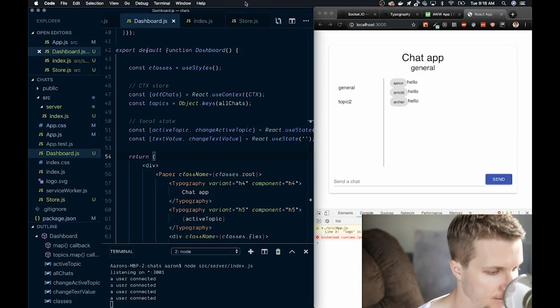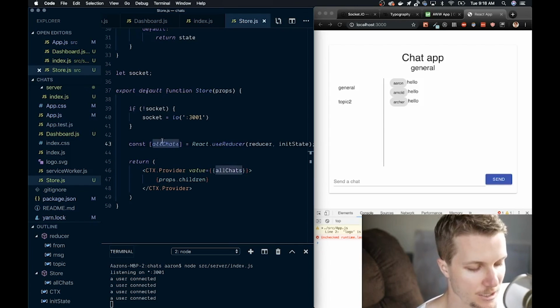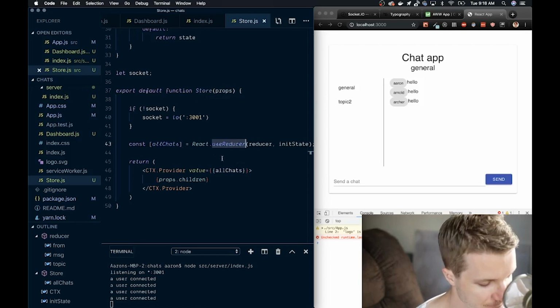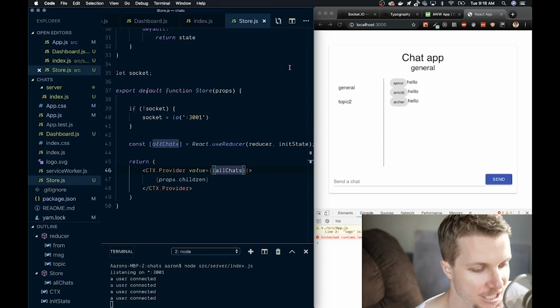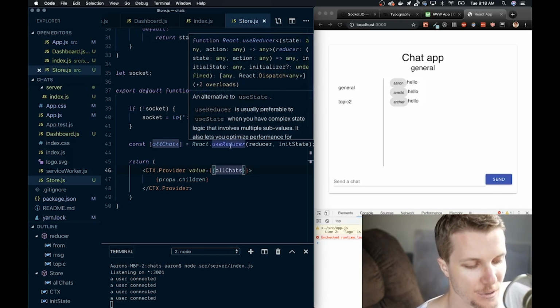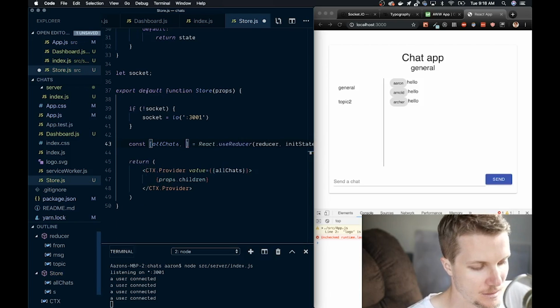Okay, nice. So this is just passing in an object with key, all chats, value, the value of our current state coming from our reducer. This gives us the ability to pass in more stuff. So we can pass in our actual action that's going to emit to our reducer. Let's define that action here